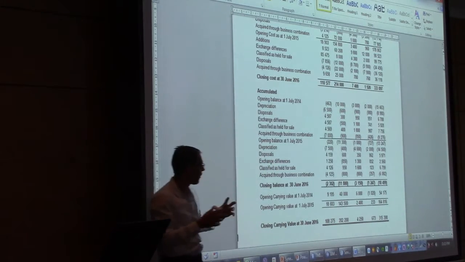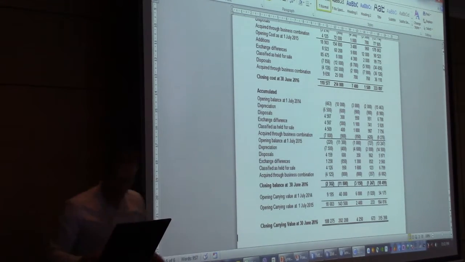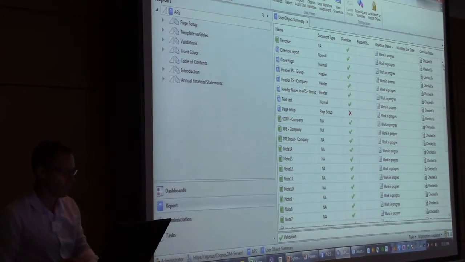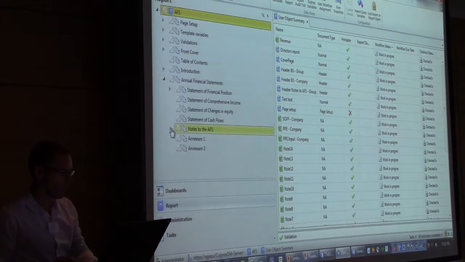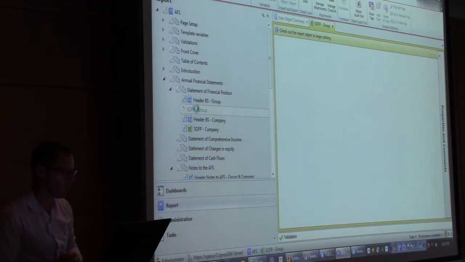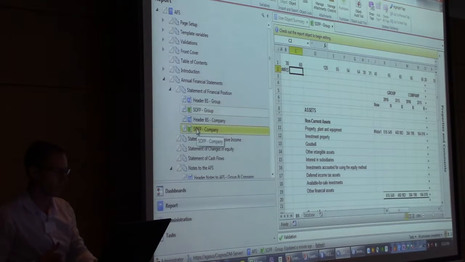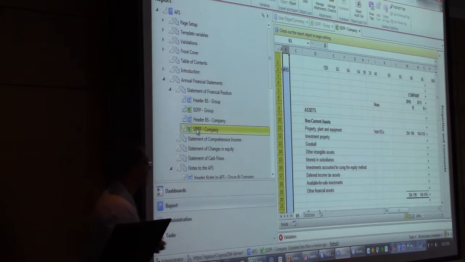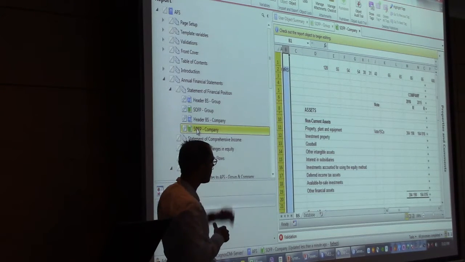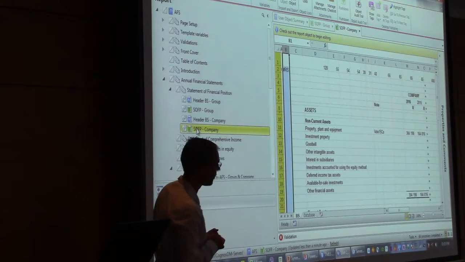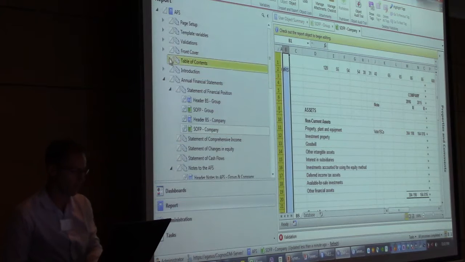And normally we break it down on formatting as well as on approval hierarchy. So it's got a full hierarchical approval. So on the left here, you'll see some of the objects. So if I take you down to notes or statement of financial position, if I take you into the group, you'll see there's the group level. If I take you into company, there's the company level. It's pulling through from the different data sources through here, and then renders a final version into the Word. So if I was to do a change as my last thing, and then I'll hand over to Lorraine.